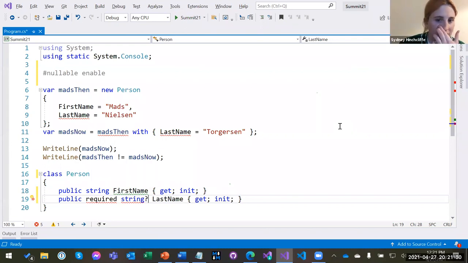There's a question here from Neil that asks, would there be issues if records with required fields are used in object binding, as in API calls? If it's reflection based and it creates those objects through reflection, then we won't be able to enforce it. If that's what you mean, I'm not sure I 100% understand the scenario, but the object binding, do you mean like data binding? Neil, I'm here. Do you want to clarify?